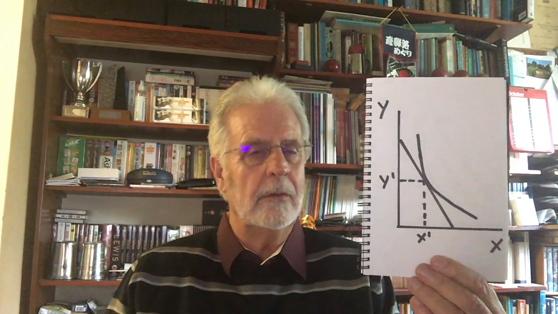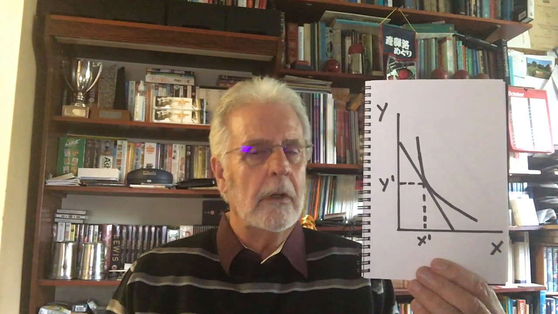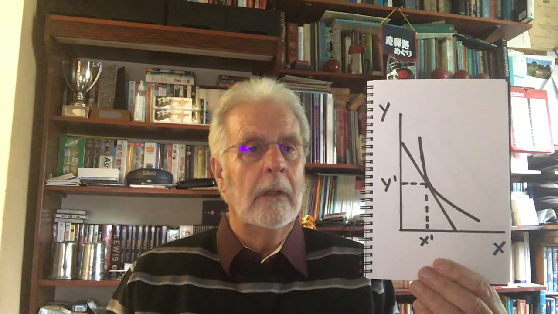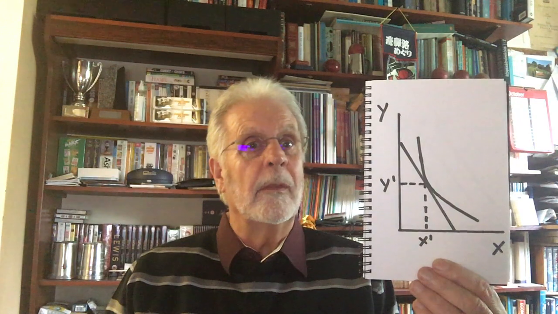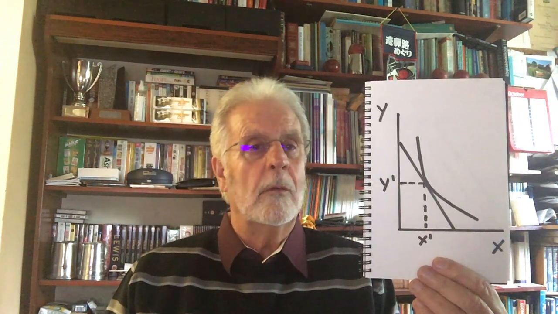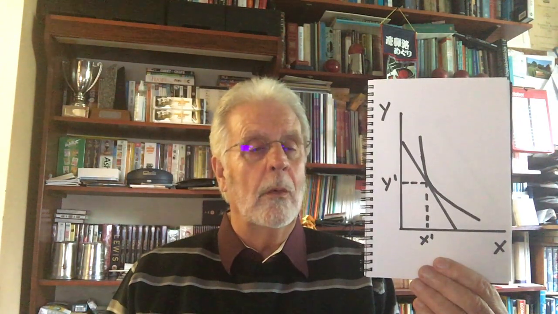So we're putting the two things together. The indifference curve is joining together all the combinations that give me the same amount of total utility. So I'm indifferent to any of those combinations because they all give me the same total utility. But the budget line tells me what I can afford. So I will want to touch the furthest indifference curve away from the origin, and that's the point at which